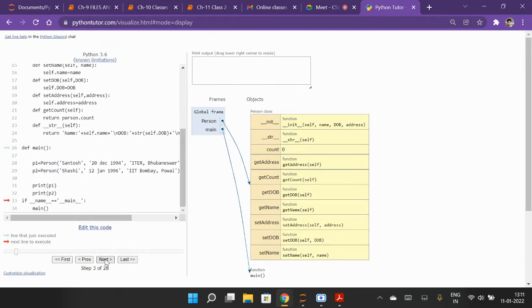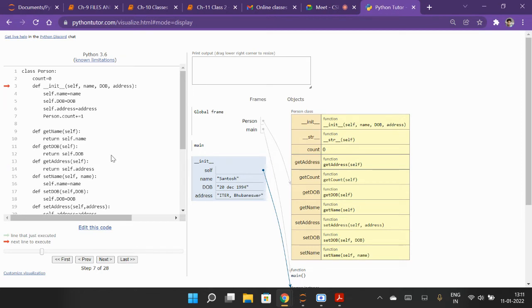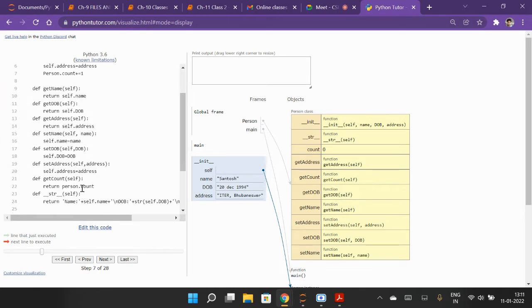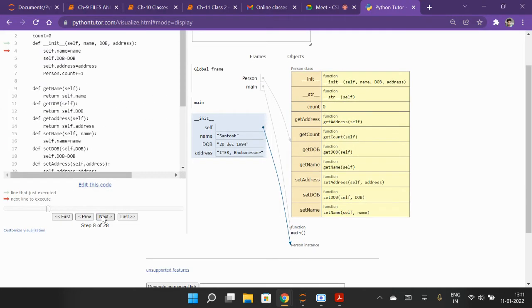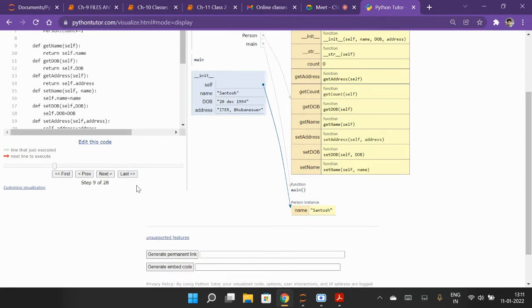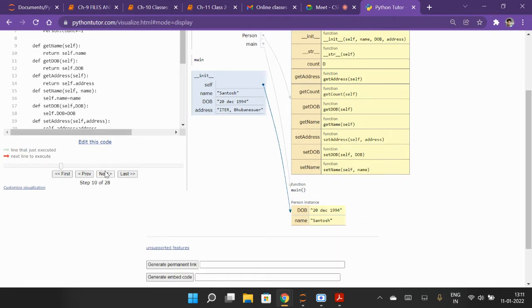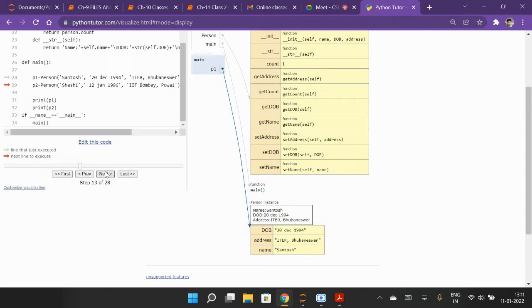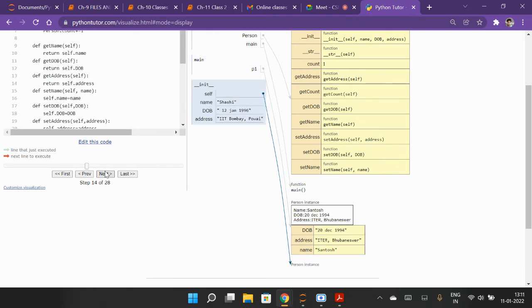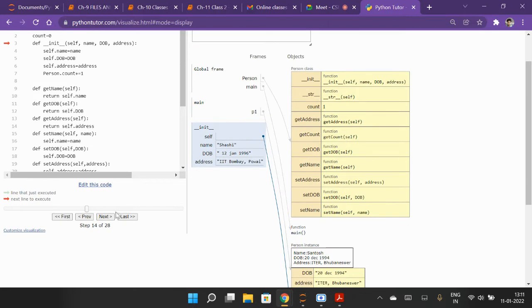Then you write next. Okay, so first object is here, right? Name, date of birth, and address we have created here. So this was p1, and then the second object p2.